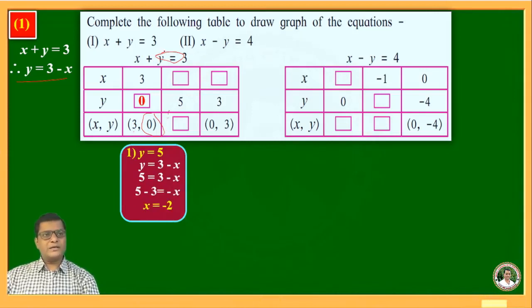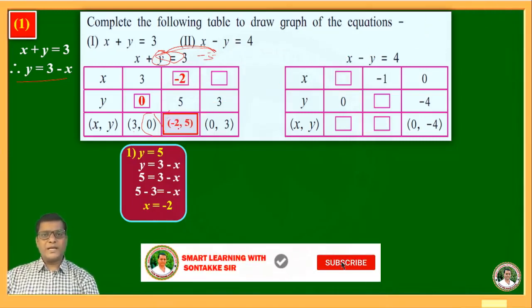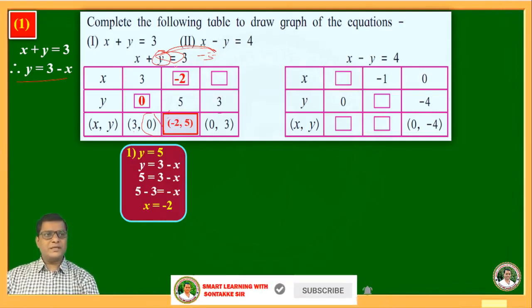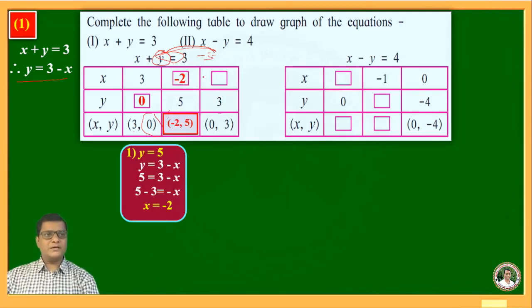Directly also you can simplify this, here plus 5 will become minus 5. 3 minus 5 is minus 2. Therefore value of x is minus 2. Therefore the coordinates of the points are minus 2, minus 5. Here value of y is given 3. If you transfer 3 here, then value of x is 0, already given here. Therefore value of x is 0 and point is also given.